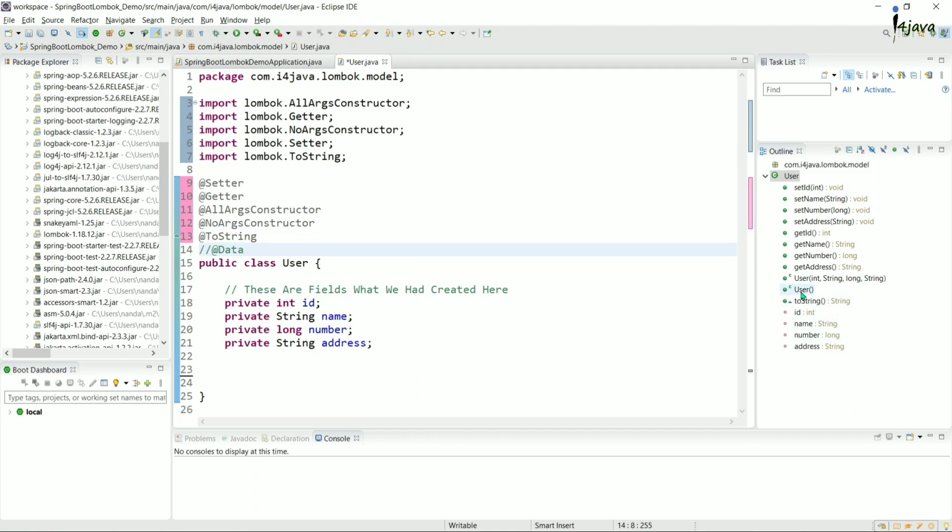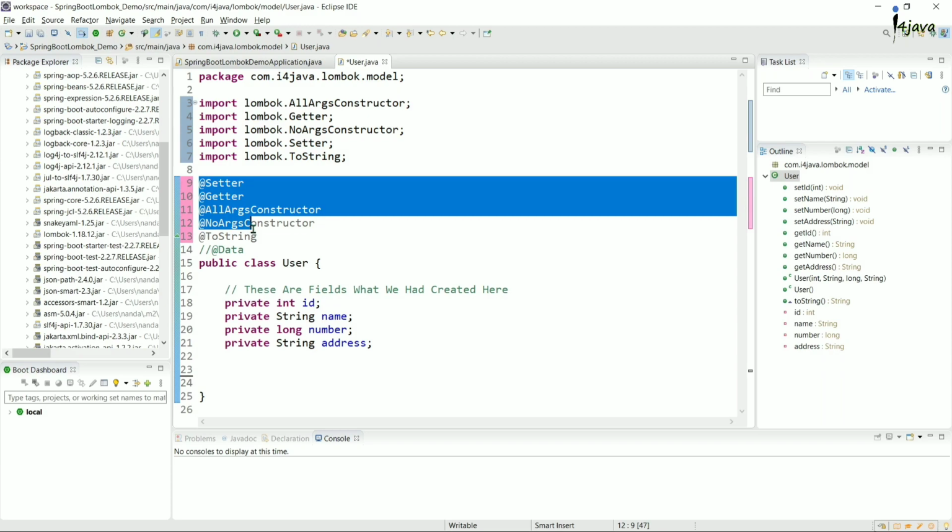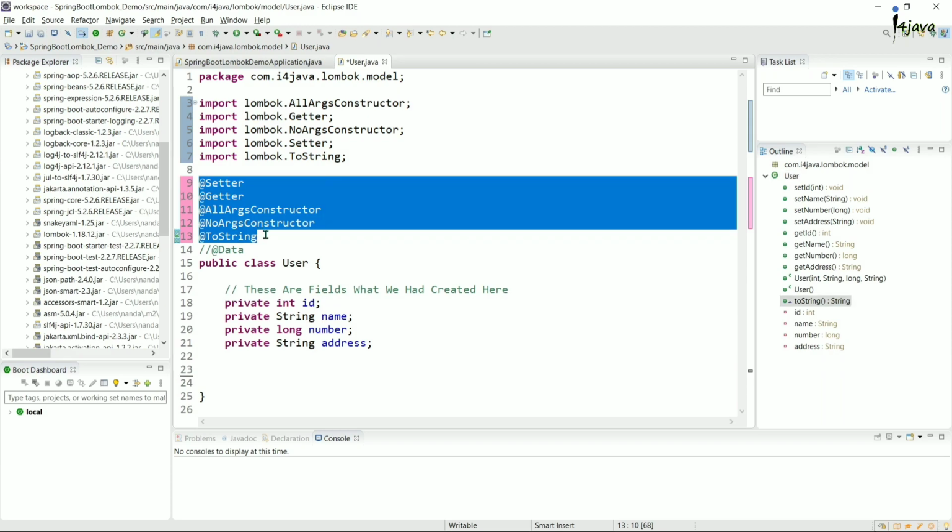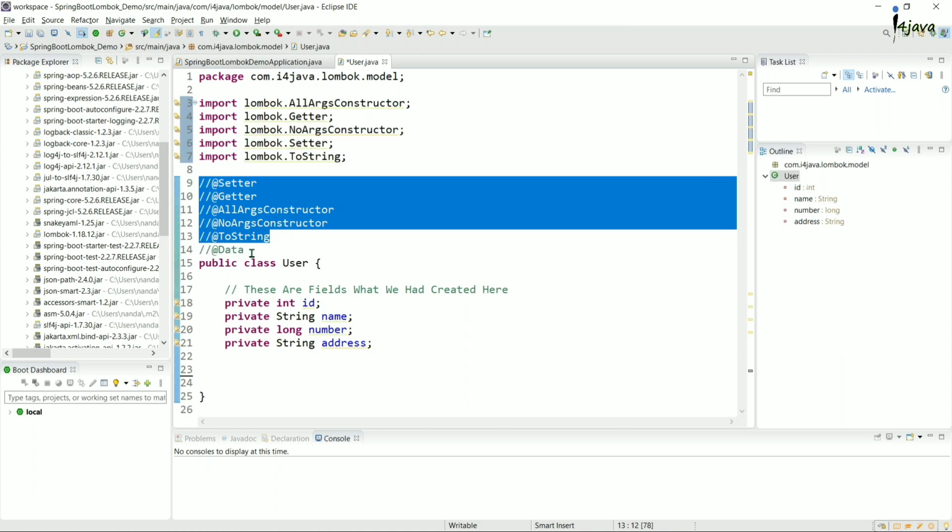Now you can see here the constructor and toString method, the all-args constructor, these are created. Suppose we never want to use this either, we can remove it. Let's make it commented.